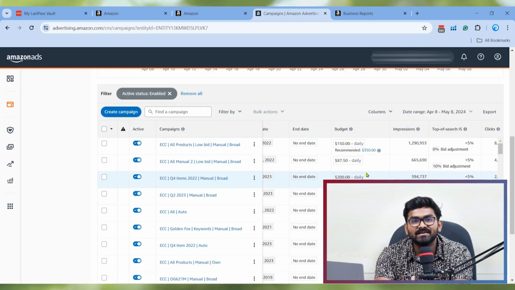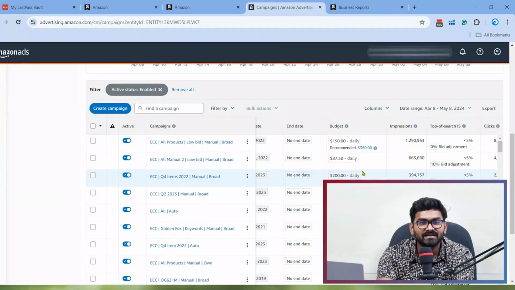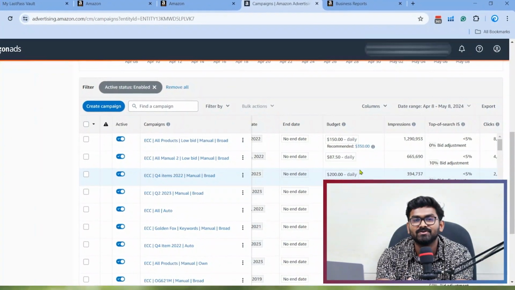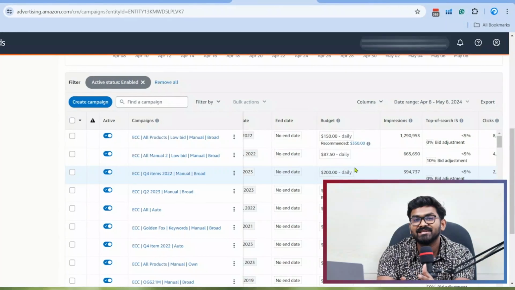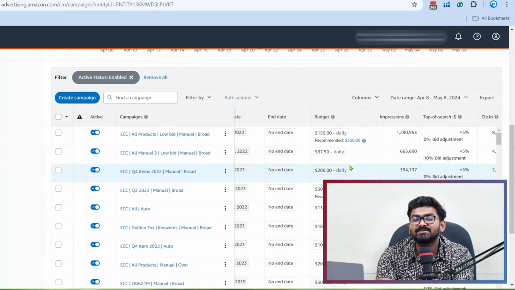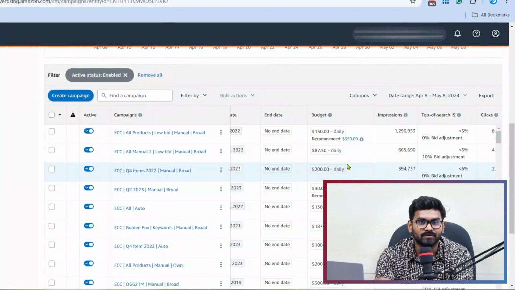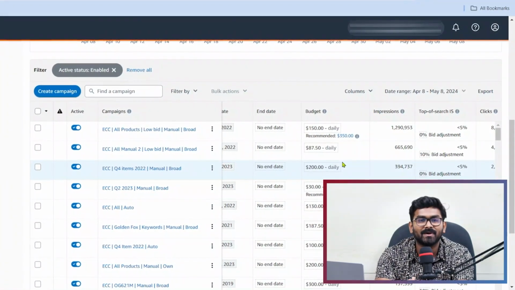Anyway, I will definitely increase the budget for this campaign. But I will also look for other campaigns that have higher ACoS so that I can reduce the budget for those particular campaigns. And this way I can optimize my budget for each campaign and try to keep the budget under control. This way actually I will look for higher profit for my campaigns.